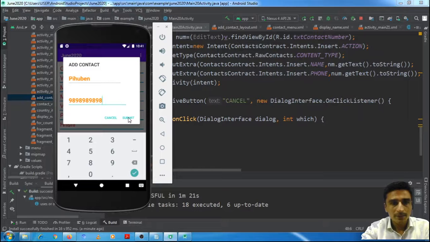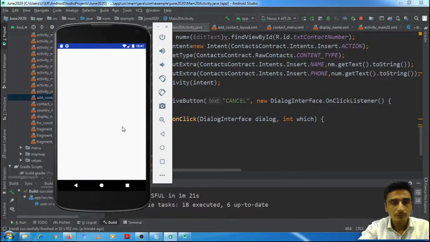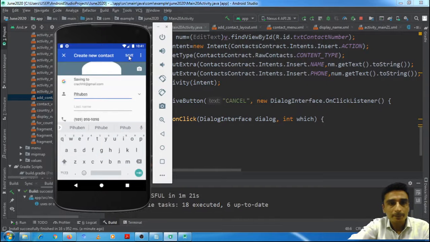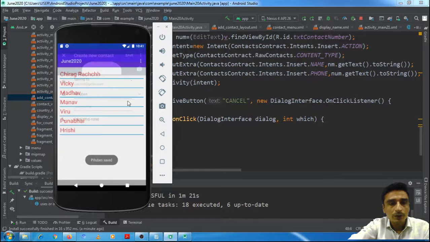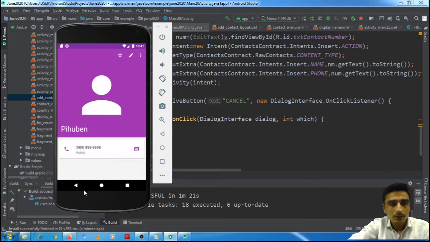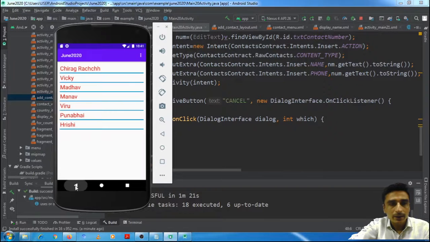Okay, submit. The contacts application is appearing. Save. The contact would be saved. Okay, and yes, the contact is saved, but it is not reflecting in the list.